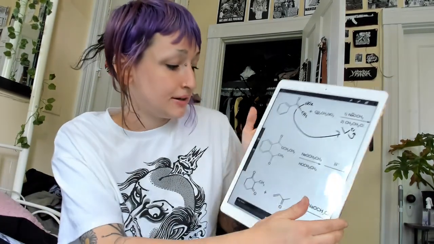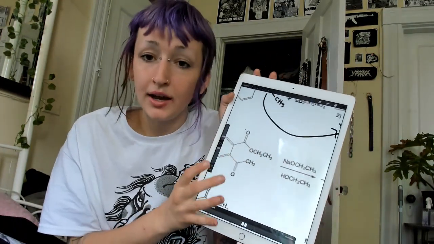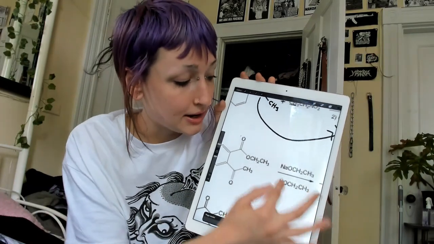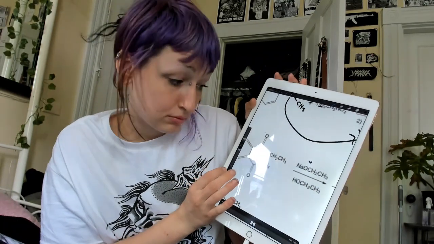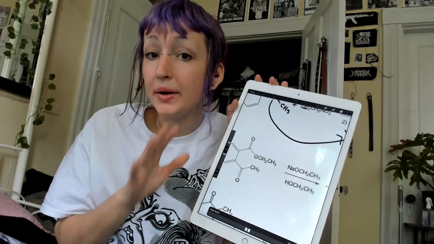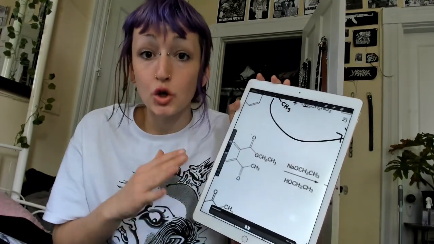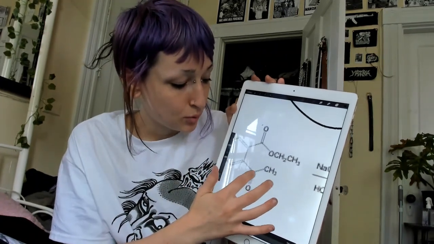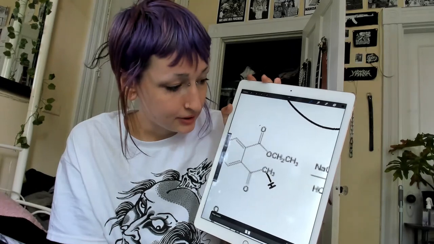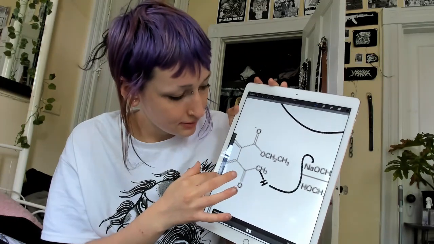Looking at the next one, it looks like it's a little bit complicated. We have an ester here. Looking at it, I recognize that I have a base in ethanol. I have a base that's pretty strong, and I have alcohol, and I have positions with alpha hydrogens, so I can just go ahead and do the same exact thing that I've been doing in these past reactions, which is from chapter 22. So one of these hydrogens right here, I can just take it, abstract the proton using the base, and this bad boy